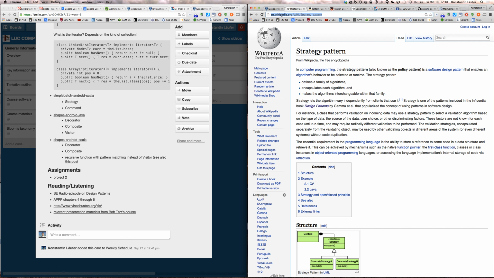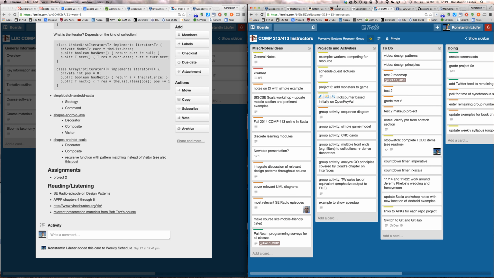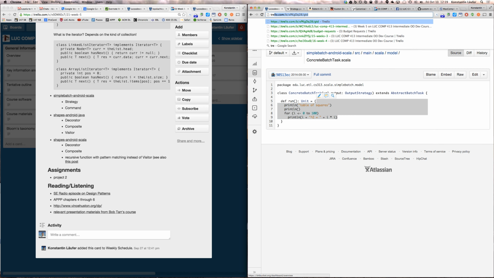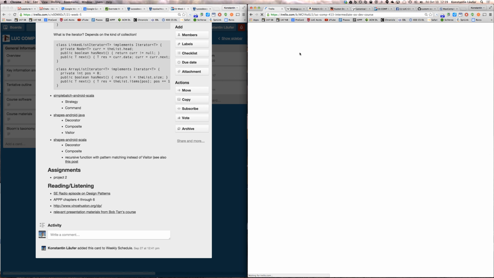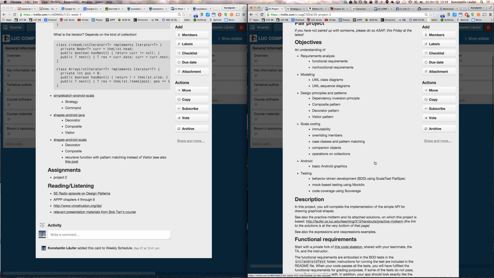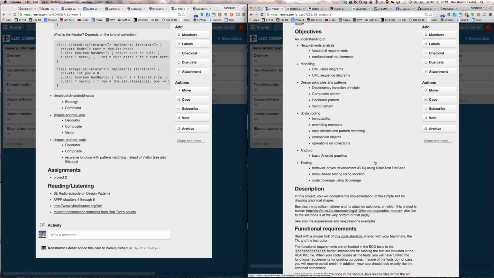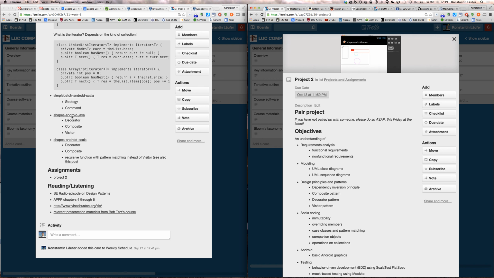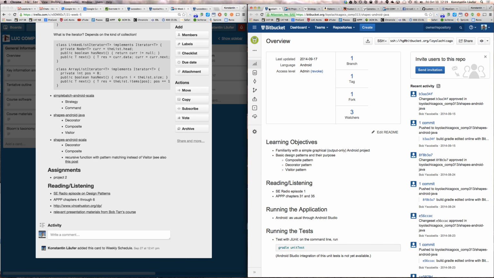In fact, let's pull up the project. In the shapes project, we have a predefined hierarchy of case classes, and in fact, let's actually look at the Java version first, and then tie the connection to the Scala version. So here,